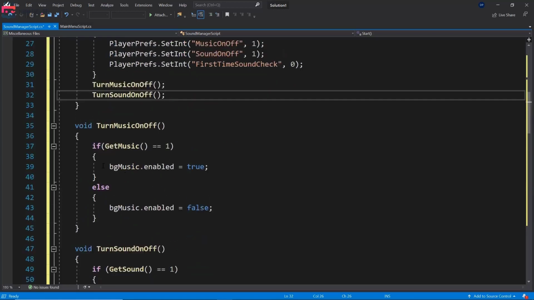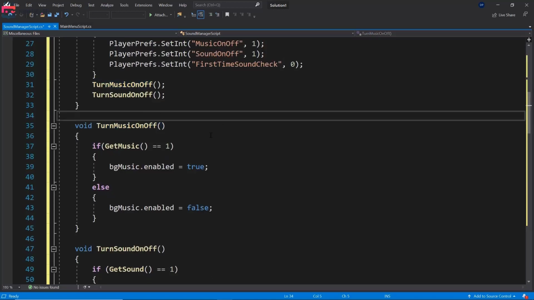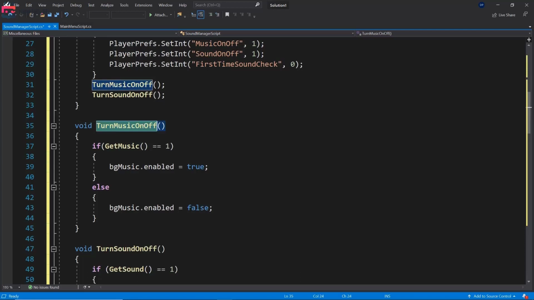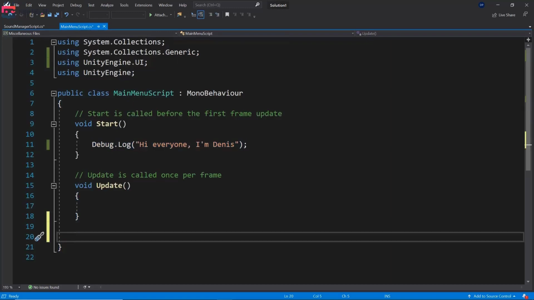And why did I put it in extra functions or methods? Well, because I want to also use that once the buttons are clicked. That's why I will then just reuse this method there. All right. And now in our main menu script, that's where we are going to create 2 methods, which will